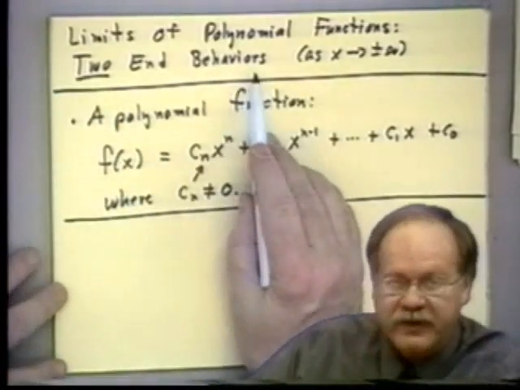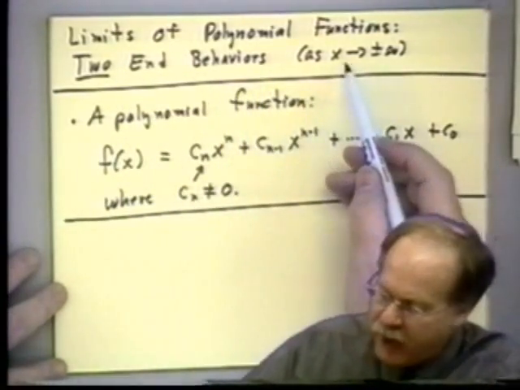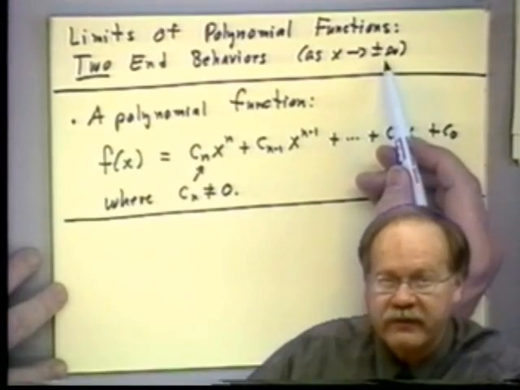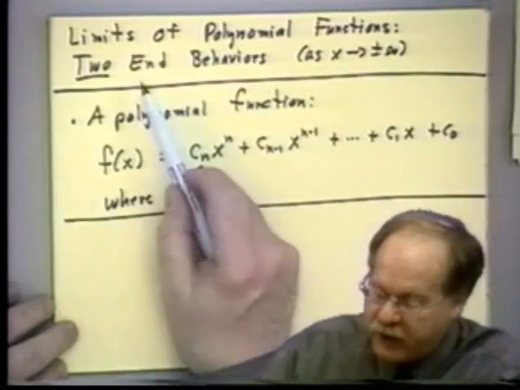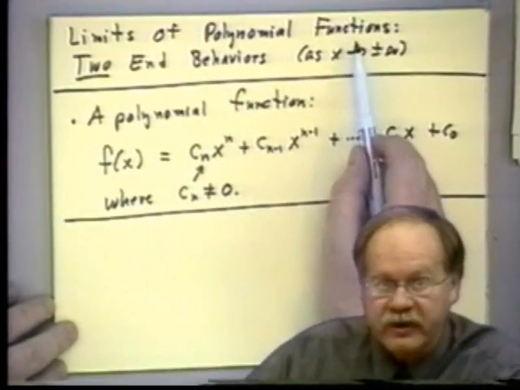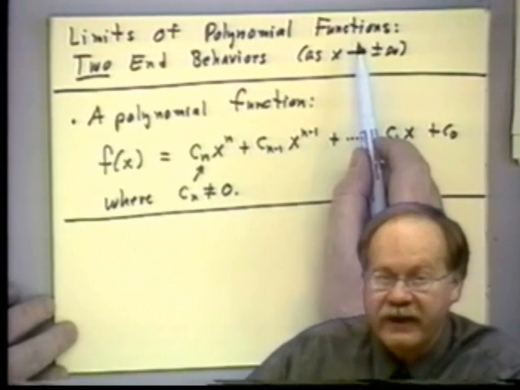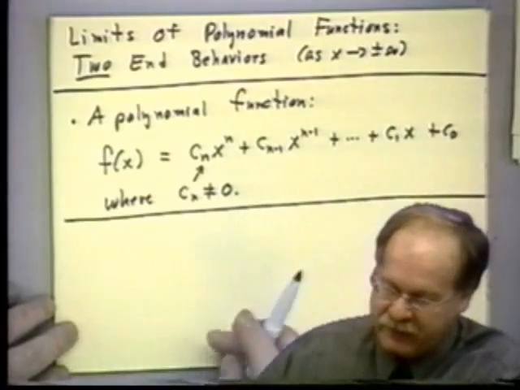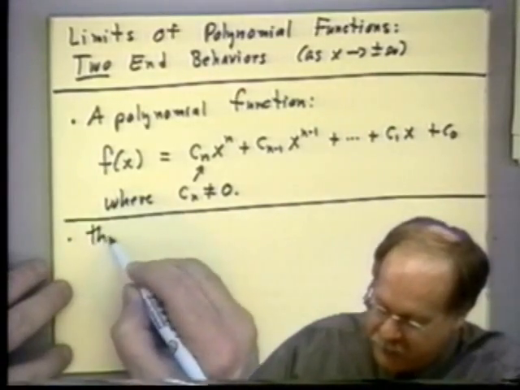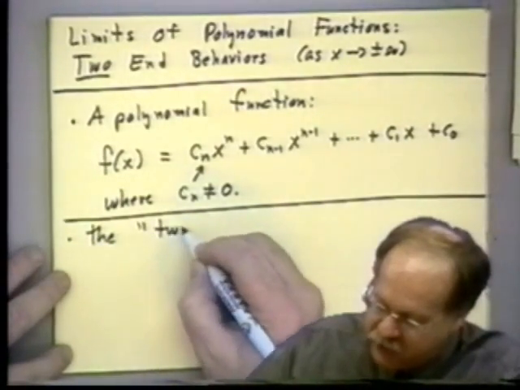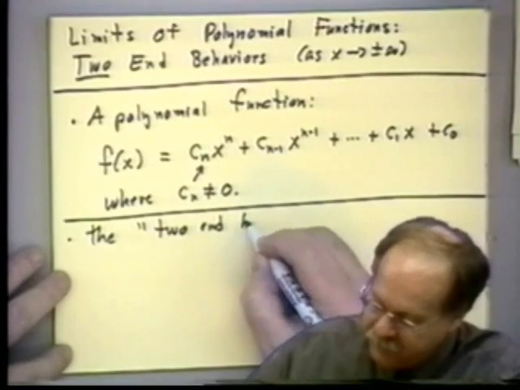Now, what are these two end behaviors I'm referring to here? Do I mean x going to plus or minus infinity? No. I want to talk about the end behavior of the function. So I'm interested in what happens to f of x, and I'm saying that f of x itself has two end behaviors. So let me write down what I mean by that. The two end behaviors